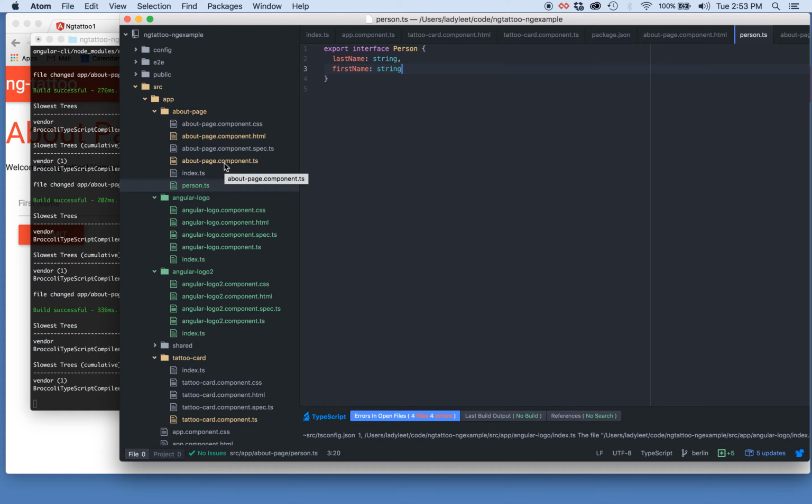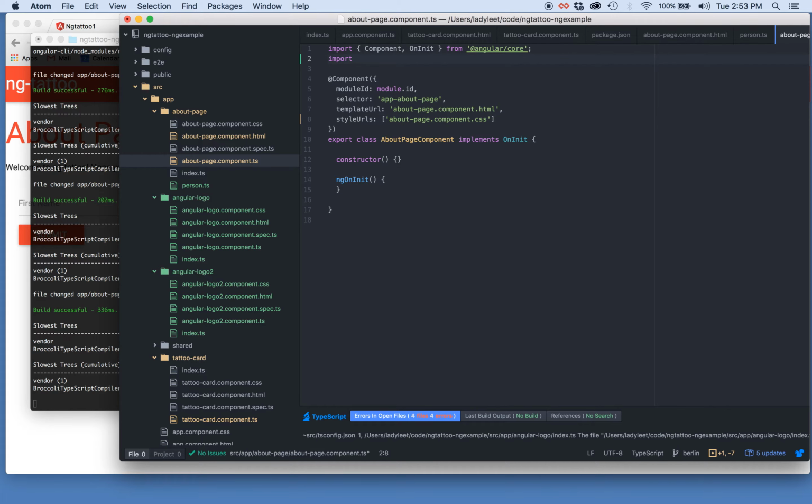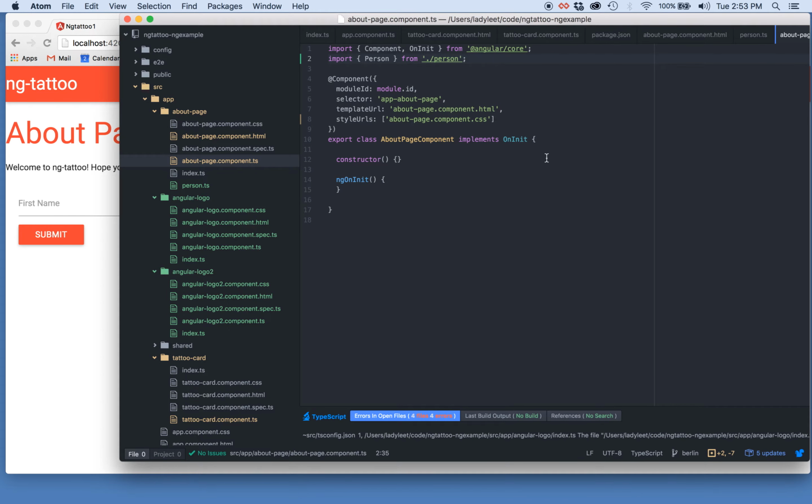Okay. So then in our component, do I have to import it? Yes. Import Person, it'll be an upper P. Person from ./person and semicolon. There you go. That should be all you need. Right, and it works. Okay, perfect. And then,